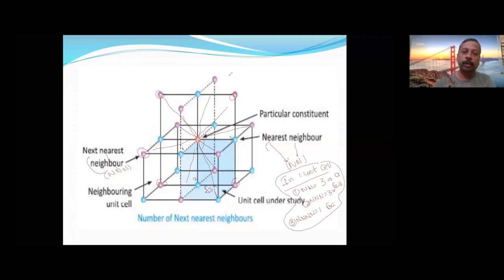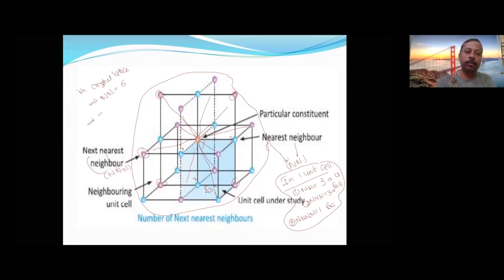Now, the entire crystal lattice. If I consider the entire crystal lattice, this is the scene. Is it understood? In the entire crystal lattice, the nearest neighbors will be vertically up, vertically down, left and right, front and back. So that will be different in the crystal lattice. I am writing it here. In the entire crystal lattice, the number of nearest neighbors will be 6: front and back, left and right, top and bottom.